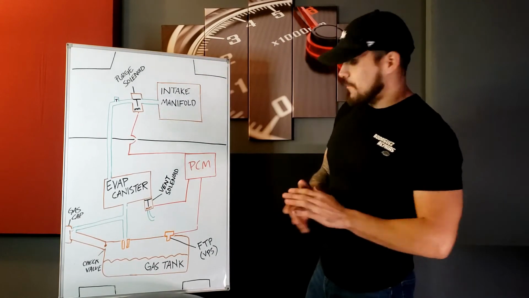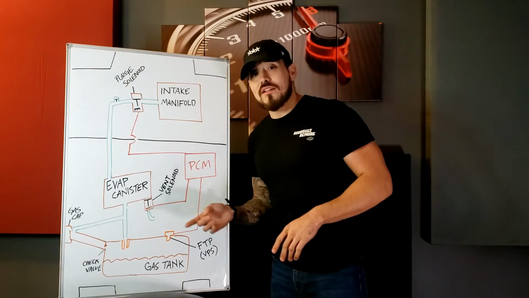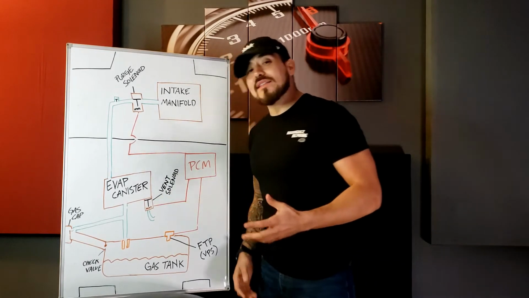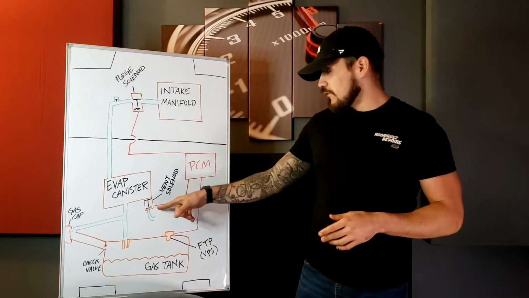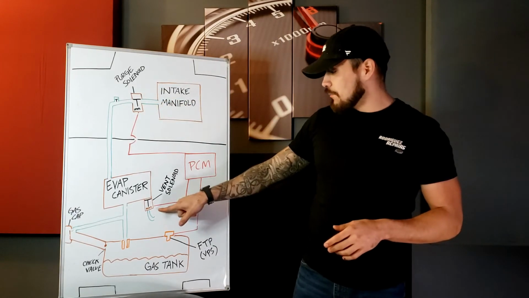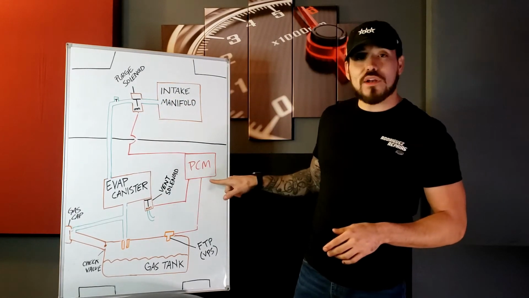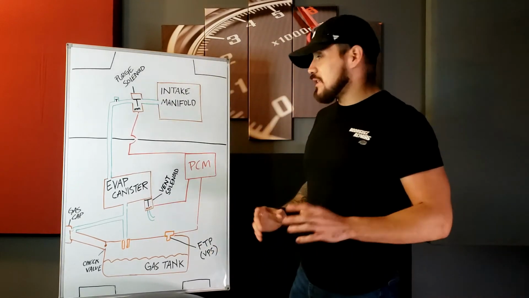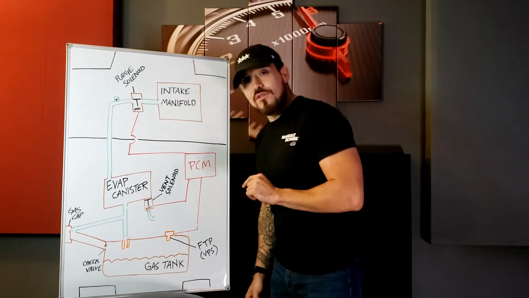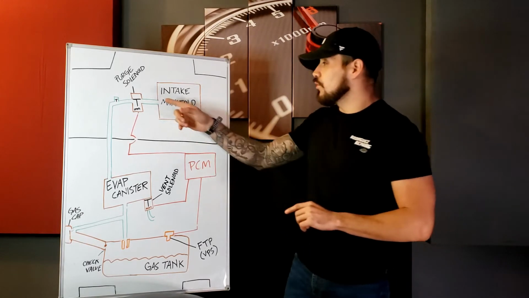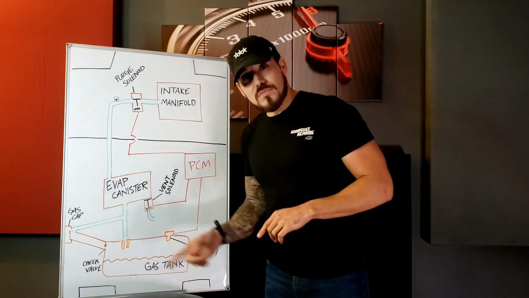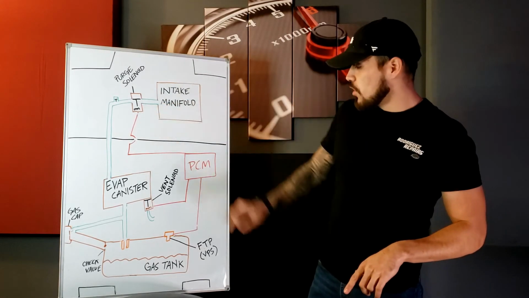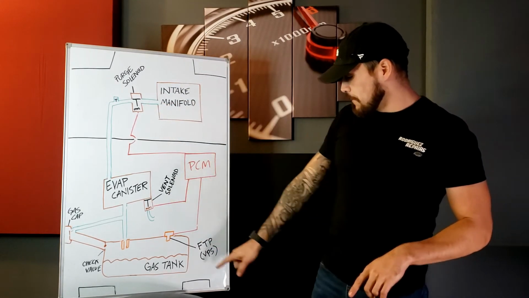However, you have the vent solenoid, right? The vent solenoid is normally open, correct? Yes. But why does it have the ability to close? The valve is just like this valve, it has the ability to open and close according to the PCM. It's normally open, but what's going to happen is this. How does the powertrain control module know when there's a small leak, when there's a large leak, when the purge solenoid is faulty, when the vent solenoid is faulty,